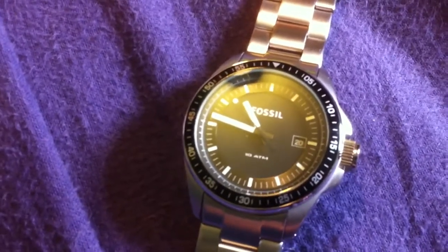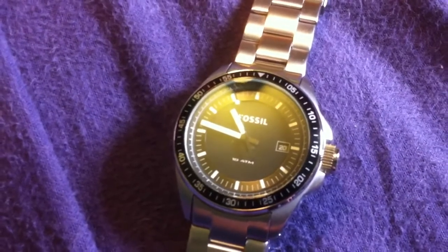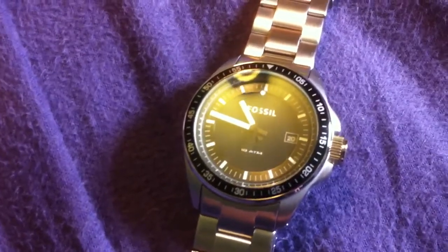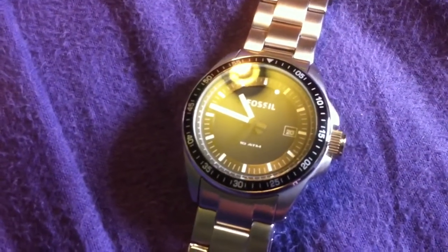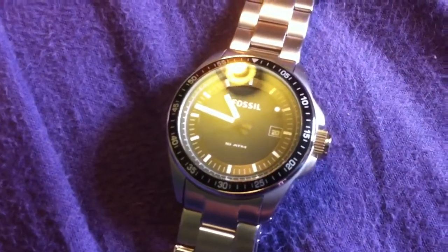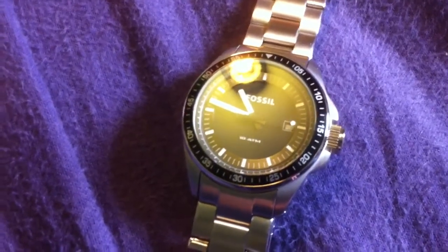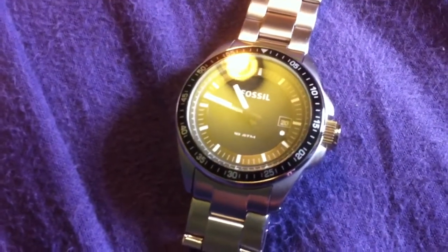And I didn't know this, but this watch is also available in a black ion plating. The case and the bracelet are black, and it really looks pretty sharp. And had I known about the black ion model, I probably would have picked that one instead of this, but I'm still really happy with this one. So if you're looking for a very legible, very nice looking watch from a name brand manufacturer, check out the Fossil Decker